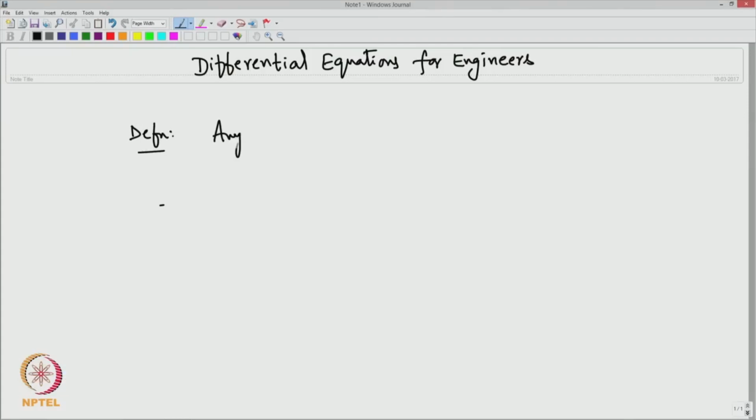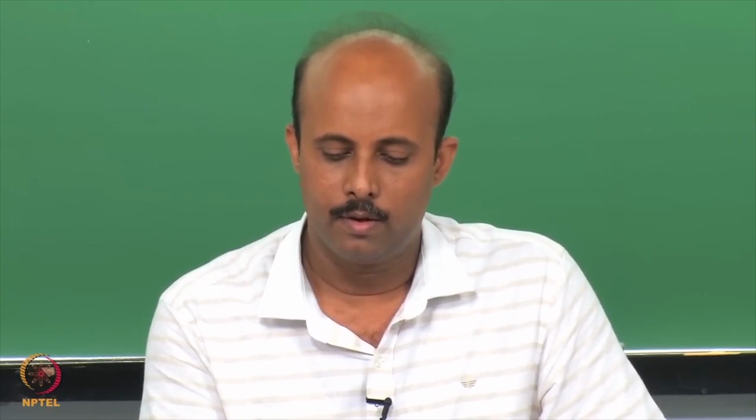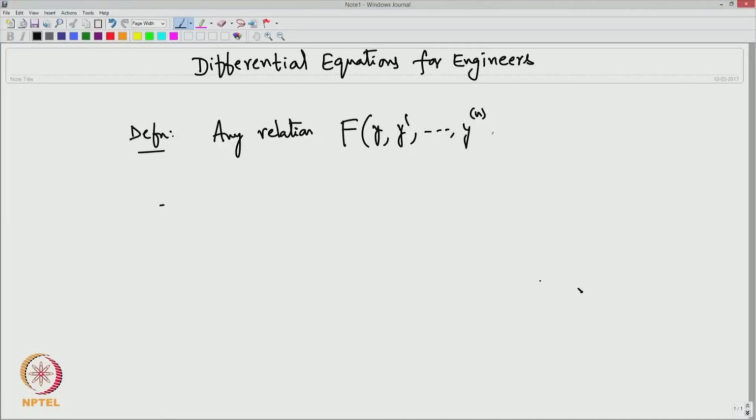Any relation capital F of these variables: the dependent variable y, y dash, up to n derivatives. My notation is like this: y in the superscript with a bracket means the derivative. So, now we have the independent variable x. If this is equal to 0, any relation,